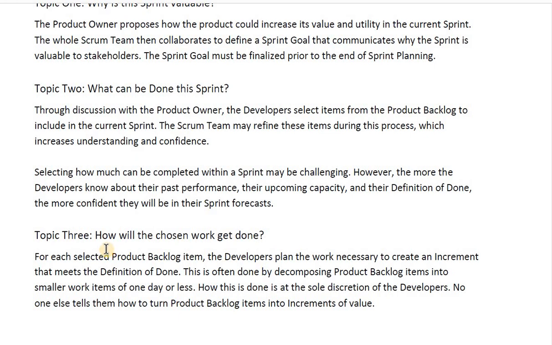Then the third topic: how will the work get done? For each selected product backlog item, the developers plan the work necessary to create an increment that meets the definition of done. This is often done by decomposing product backlog items into smaller work items of one day or less. How this is done is at the sole discretion of the developers. No one tells them how to turn the product backlog item into an